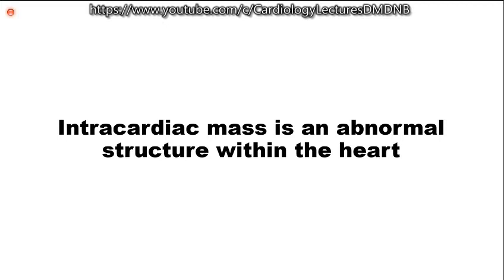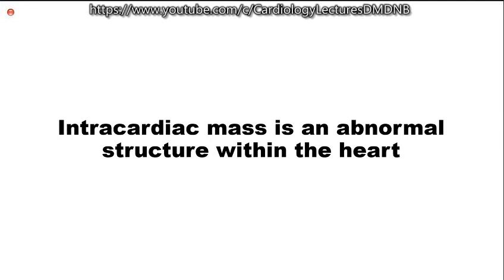Yeah, very good. Some of the normal structures may mimic an intracardiac mass. Can you mention a few examples? Like, sir, a ruptured chorda. Yes. These normal structures which mimic a mass are more frequent in the atria than in the ventricles. Sir, sometimes in the right atrium, we get some spiral filament-like structure.